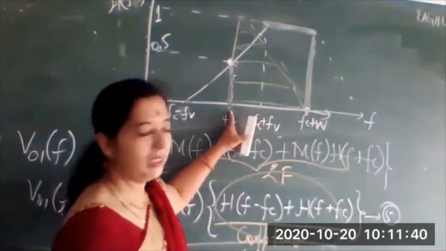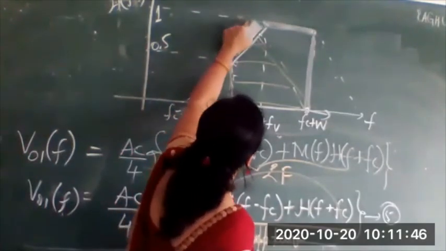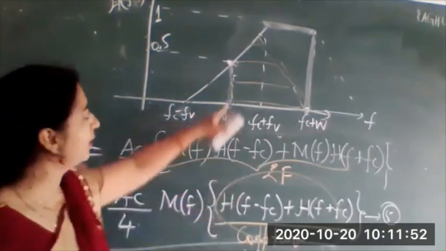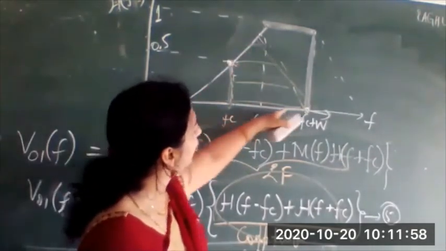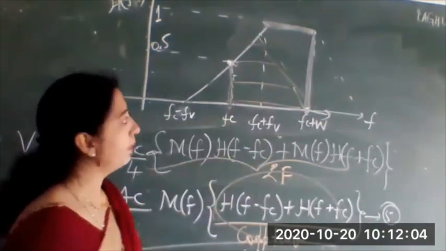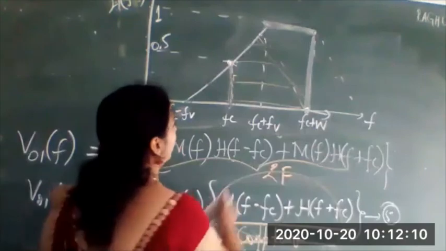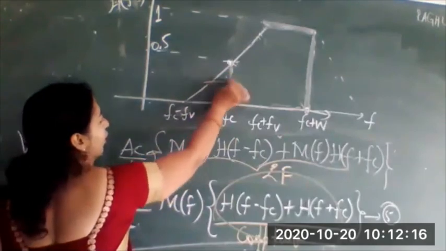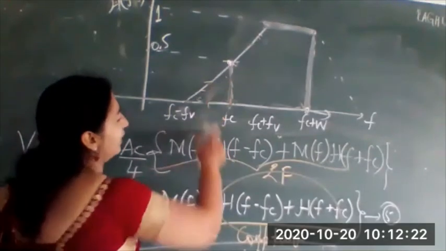The required sideband will be completely filtered in frequency, but a small portion of this amplitude of the required sideband we are going to cut off or limit because of the filter roll-off. So you are removing the amplitude, but you have the complete frequency band of the required upper sideband because your filter gain is higher. This is the shape of the filter. Okay. So you are going to get the complete required sideband. Along with that, you will get a small portion of this unwanted LSB also. Okay. This is how we represent the filter.